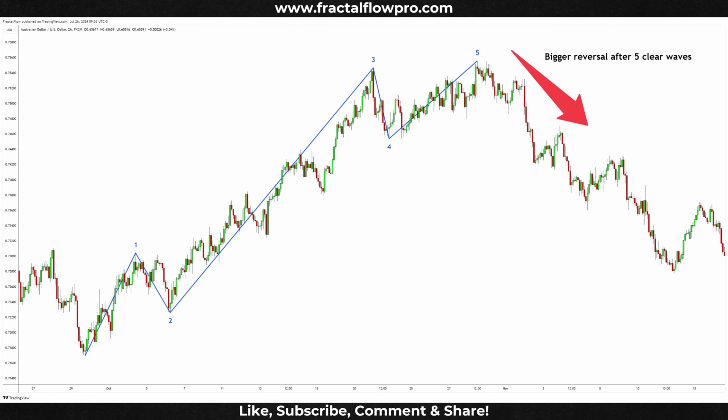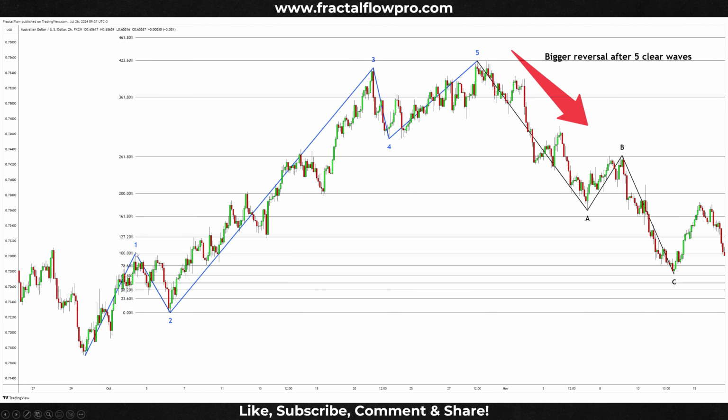In this 2-hour chart of the Australian dollar versus the US dollar, we can see that after 5 clear waves to the upside, the market produces a larger reversal. In the second chart, you can see the 3-wave count for the retracement. Let's now observe how the integration of one price-based and one time-based Fib tool aligns with Elliott waves in this case. In this chart, you can see how an extension plotted on wave 2 led to the termination of wave 5 at 423.6%. And in this next chart, you can see how the Fib time zone plotted from the beginning of wave 1 to the end of wave 2 shows that wave 5 occurs at the